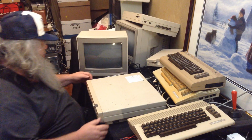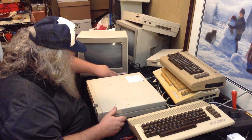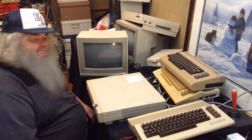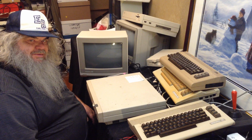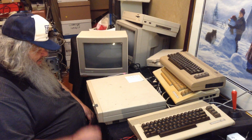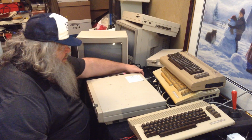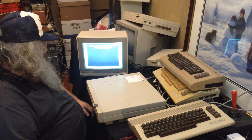Looks pretty okay though. So I suppose, first thing to do, by the way, I couldn't yet find a keyboard. That's the one thing about keyboards that are detachable. They detach. And then, well, they could be lost. Or misplaced. Or somewhere else. Anyway, let's turn this on and see that